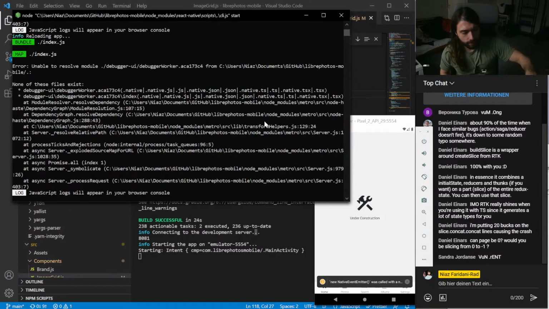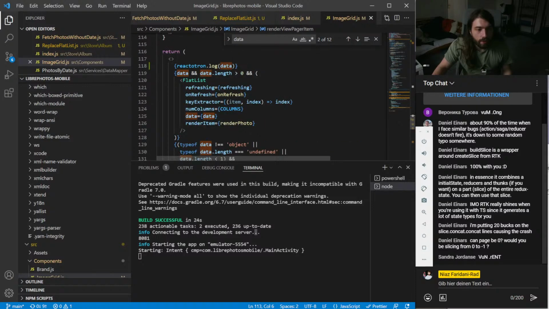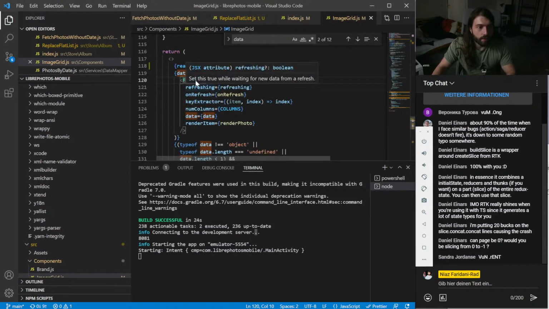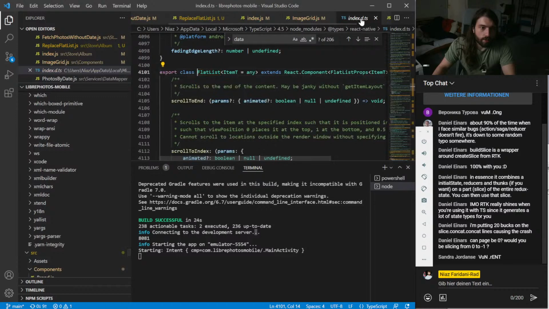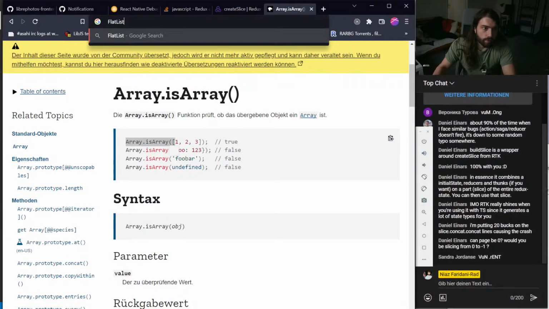I don't know if I'm going to implement everything, but maybe. I don't know yet. I mean, we could look up if there is a hook for getting the visible items in the flat list, right? Flat list, so is this a class of ours? No, it's the React class. Awesome. Alright.